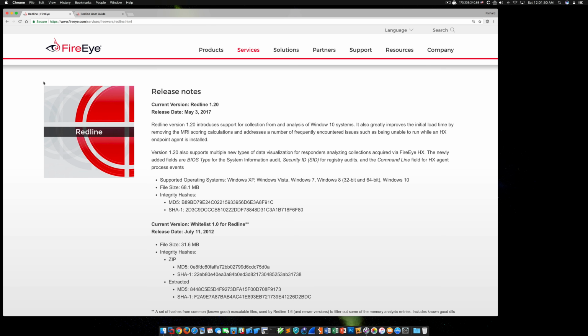MRI, or Malware Risk Index, was a 1 to 100 scoring system that could help us easily identify potentially malicious processes running on a system. For example, if an svchost.exe process was found with an unexpected parent, in other words, not services.exe, or unexpected parameters were seen after the -k flag, or perhaps it was located outside of system root /system32, you could expect any one of those things to cause Redline to flag it with a high MRI score, probably somewhere in the